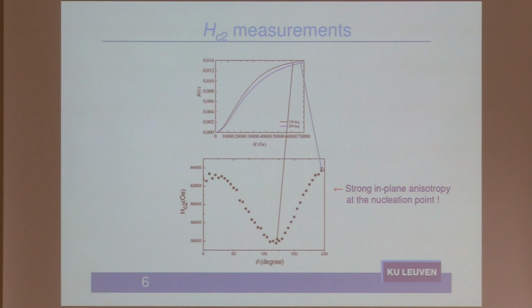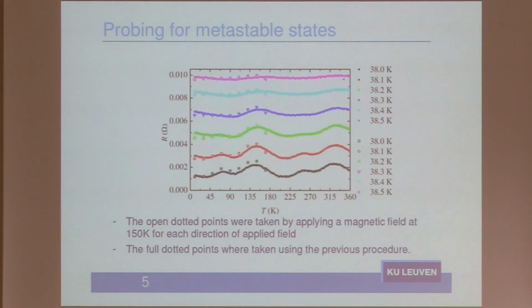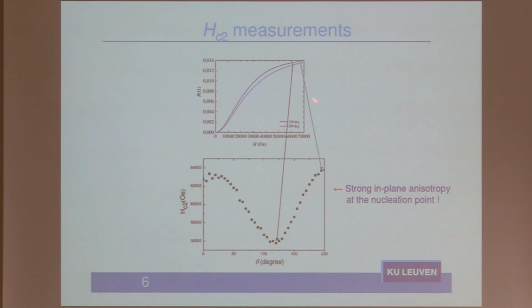So how was it measured, also from these resistivity curves, which are here? Another set of curves was constructed, which, for a given temperature, show resistivity as a function of different applied fields. You obtain something like this. Then experimentally they take 90% of this resistivity, take the horizontal line, and see for different curves, for different directions, of course, say 120 degrees, 240 degrees, these are different curves. They obtain for different directions the critical field HC2.